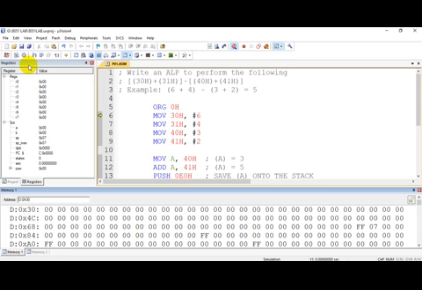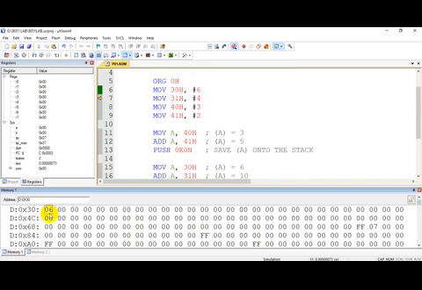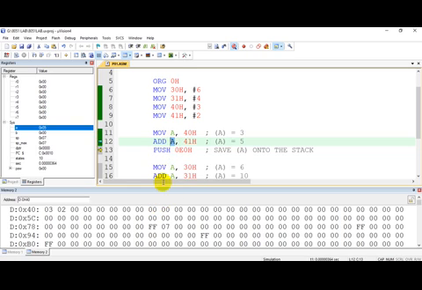Memory location 30H contains 6, memory location 31H contains 4, memory location 40H contains 3, and memory location 41H contains 2. Let me perform the first addition. So 3 has come in accumulator. When I perform add, the result 3 plus 2, 5, is stored back in accumulator. Now I am storing this in the stack.